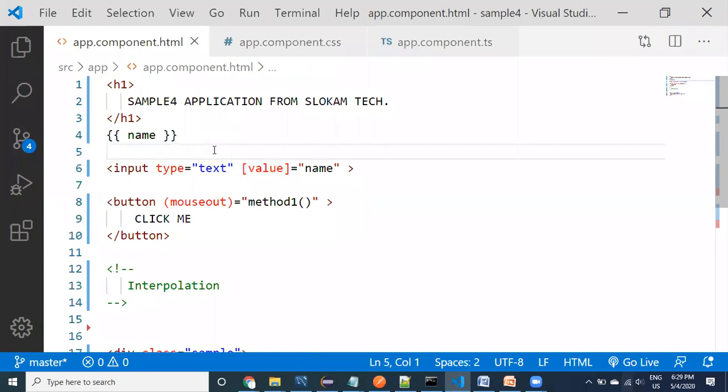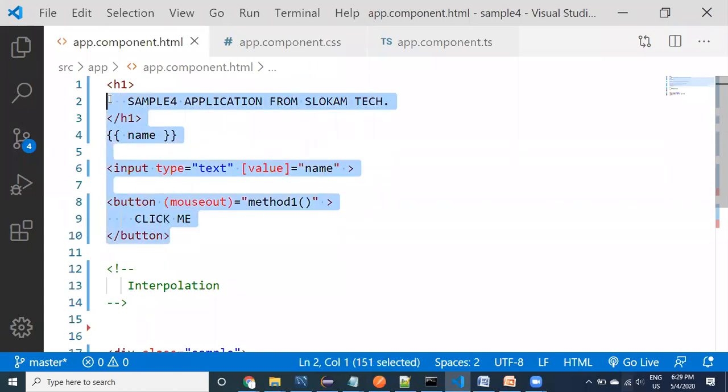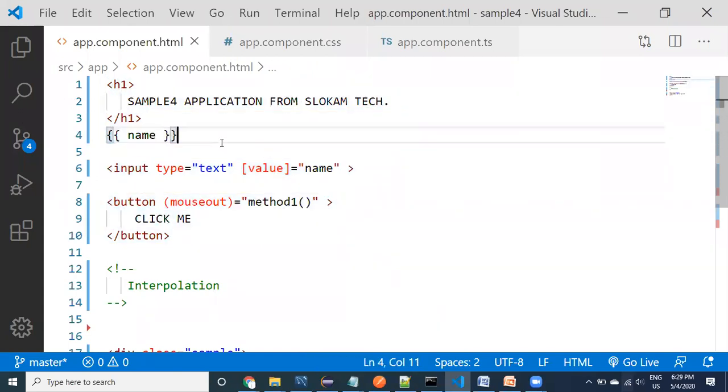Whatever HTML code we write inside the Angular component, along with the HTML code, we are going to use this kind of HTML template and templating. These are Angular expressions.